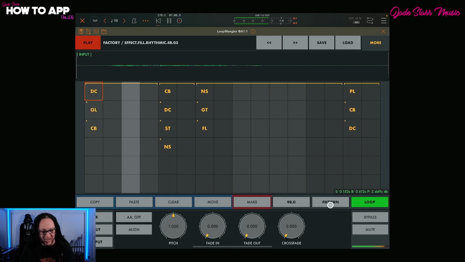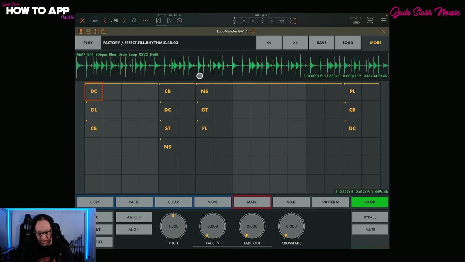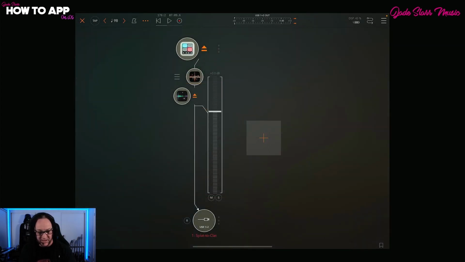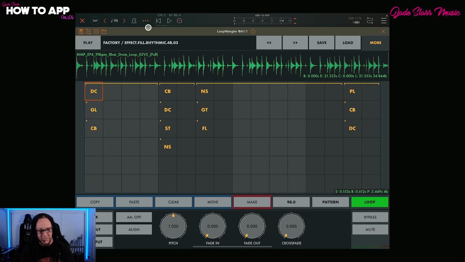Okay, so let's stop this for a second. Now, our last button on the end here, the loop button, gives us the option. So let's just quickly load in a loop. And you've got some more options for your loop. Now that I've loaded in a loop, this up the top here, splat to clat, is irrelevant because a loop has now taken over. So if we hit play with this loop,